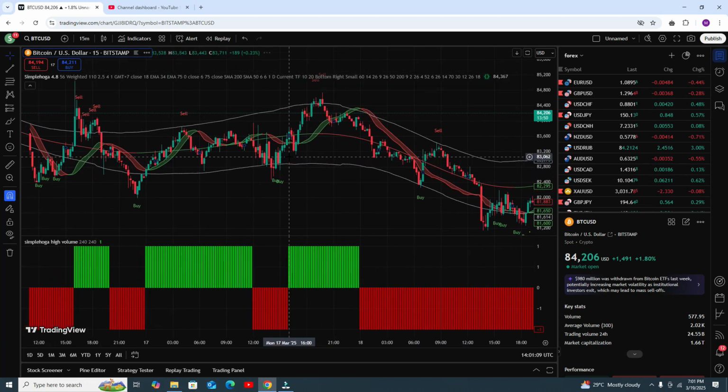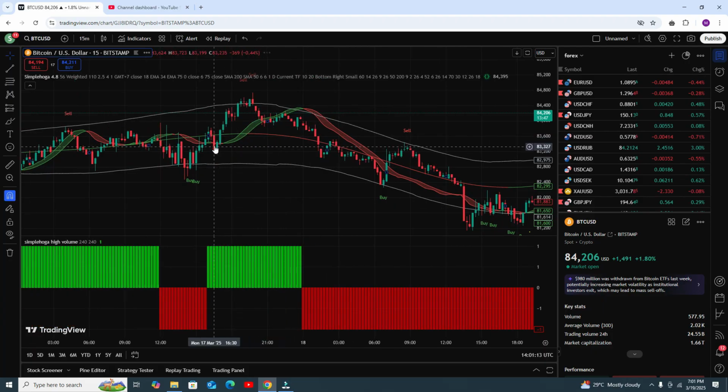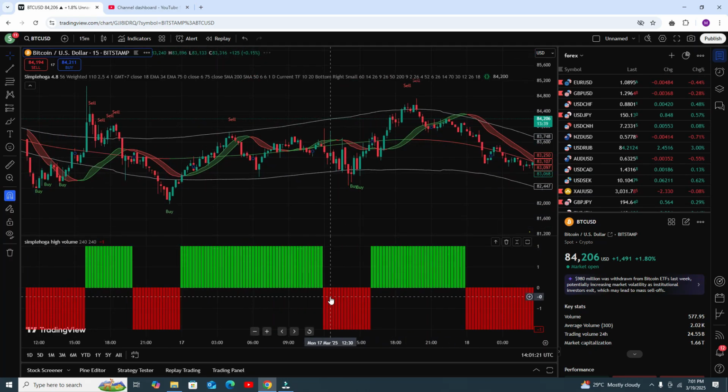Here you can see open your buy position. The RSI is red, then green from this point, so that is your buy position, stop loss, and take profit. Now here you can see a sell position. The RSI is green, but that is not a confirmed entry, so we need to ignore that one.